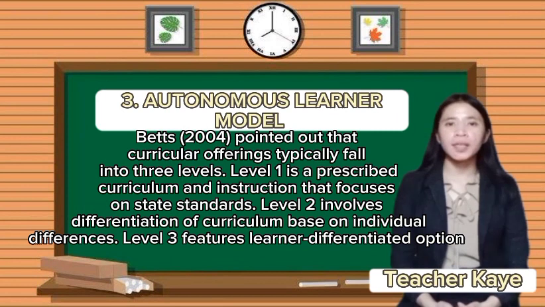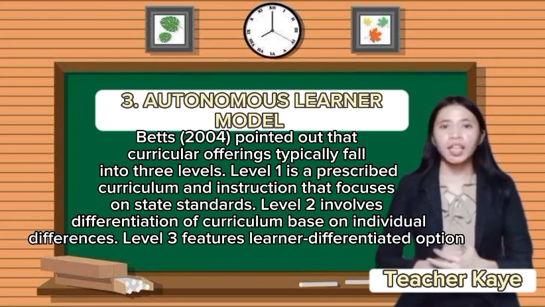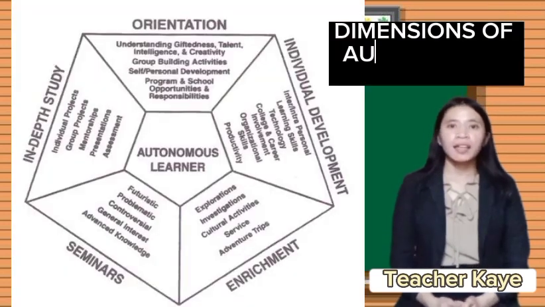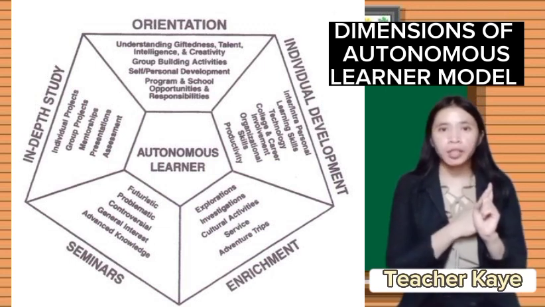So the purpose of this model is to take the power to learn away from the teacher as a dispenser of knowledge and give that power to the students. In short, in the Autonomous Learner Model, the students have power over their own learning. Thus, the ALM has 5 dimensions, namely orientation, which promotes understanding